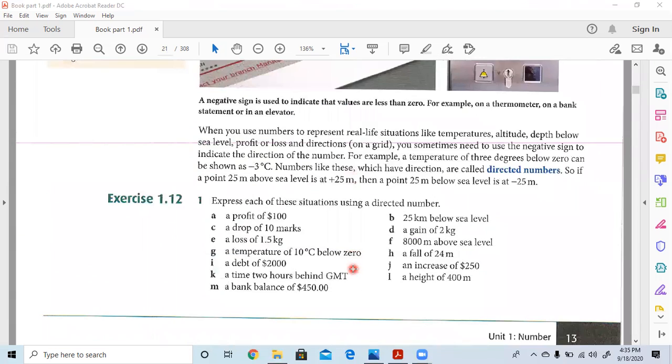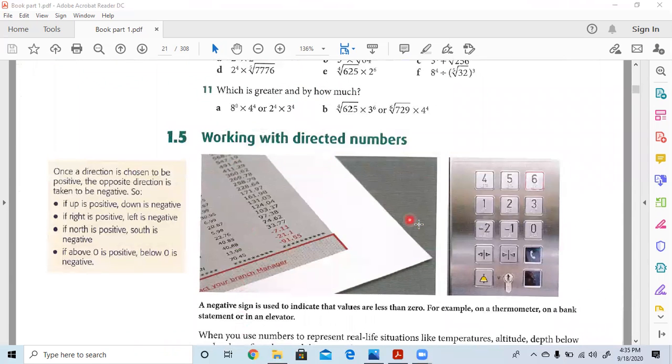So now today let's start our 1.12. This topic is working with directed numbers. Directed numbers you can see here, like we have these numbers. You can see these numbers everywhere, but like -2, -1, what do these show? You can see this box in your buildings. Once you go to the second floor or fifth floor or sixth floor, you are using this. Zero floor is your ground floor. But if you go to your basement, first basement and second basement, you click -1, -2, like that.